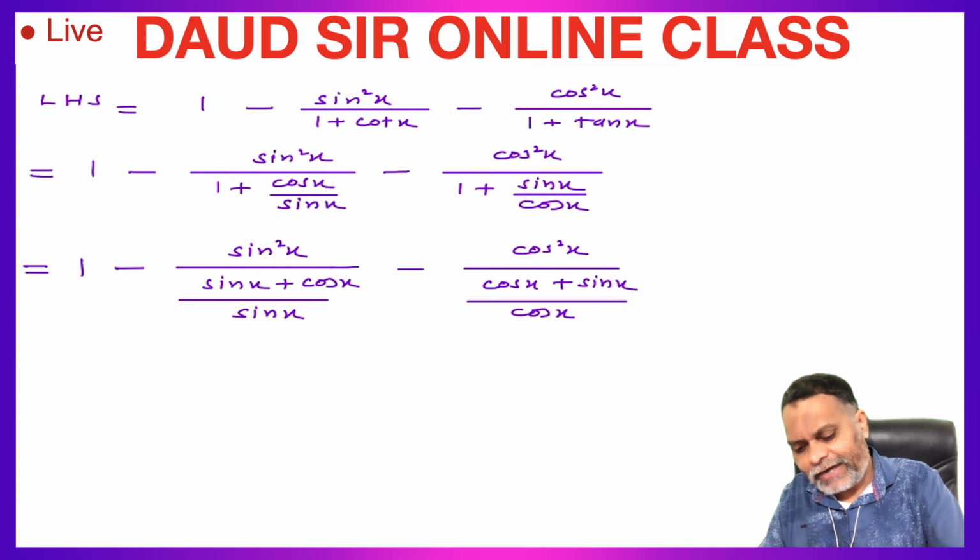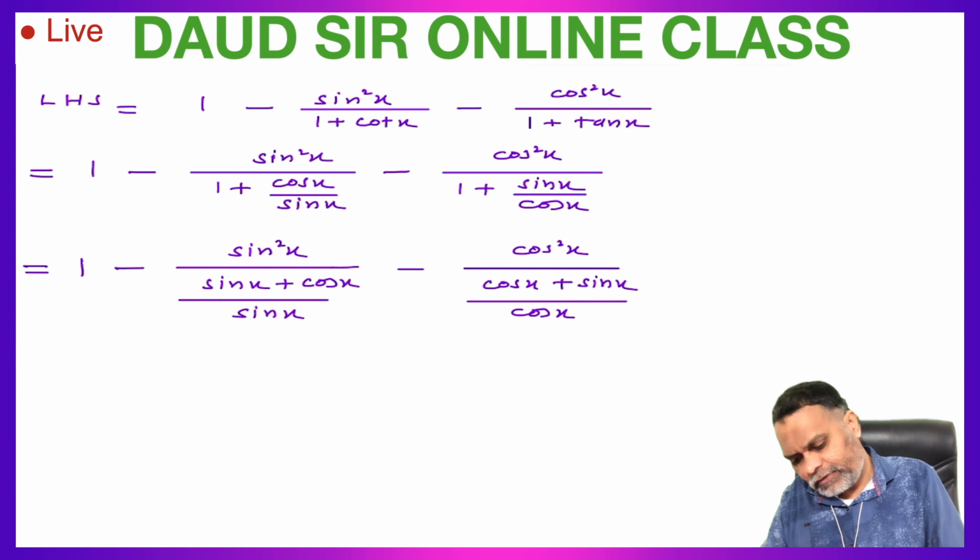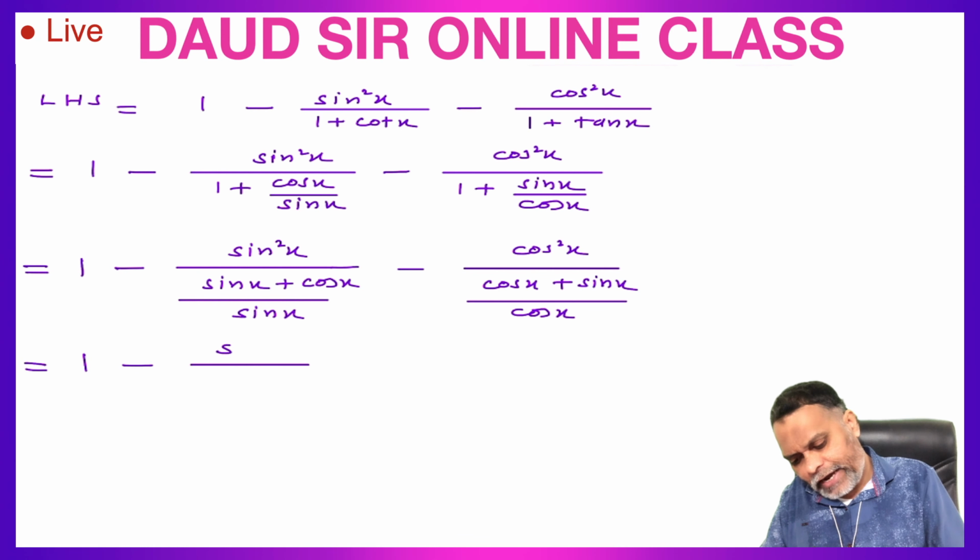Now this is a double fraction, so shift this sin x into the numerator and this cos x into the numerator, which is equal to 1 minus sin square x into sin x, sin cube x, upon sin x plus cos x,